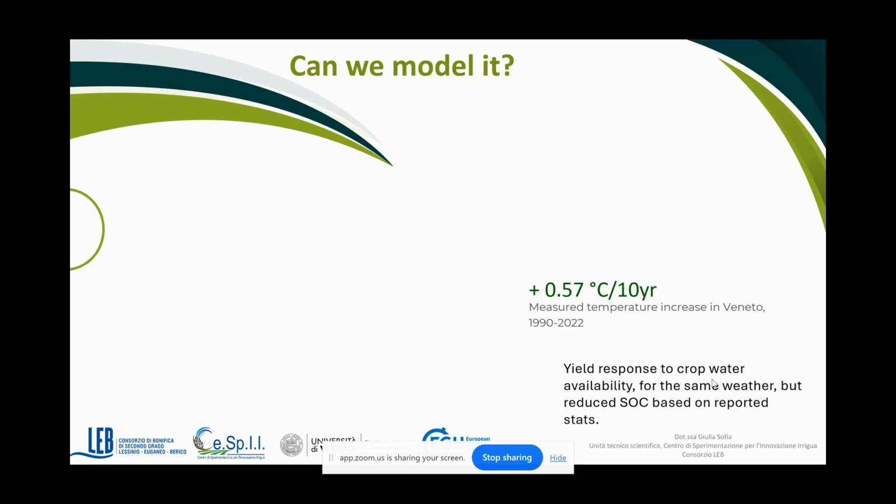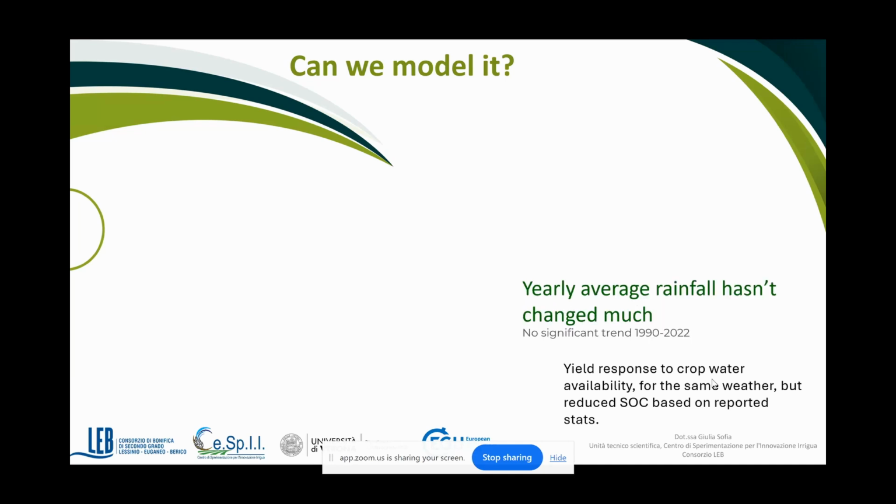For us, there's about a 0.5 degree increase in temperature every 10 years. There's not much change in rainfall, but we have more days with a lot of rainfall and fewer days with very short events. Overall, for our landscape, we measured, not in the field but by data, a 0.3% decrease in organic carbon. When we put this information in our model,